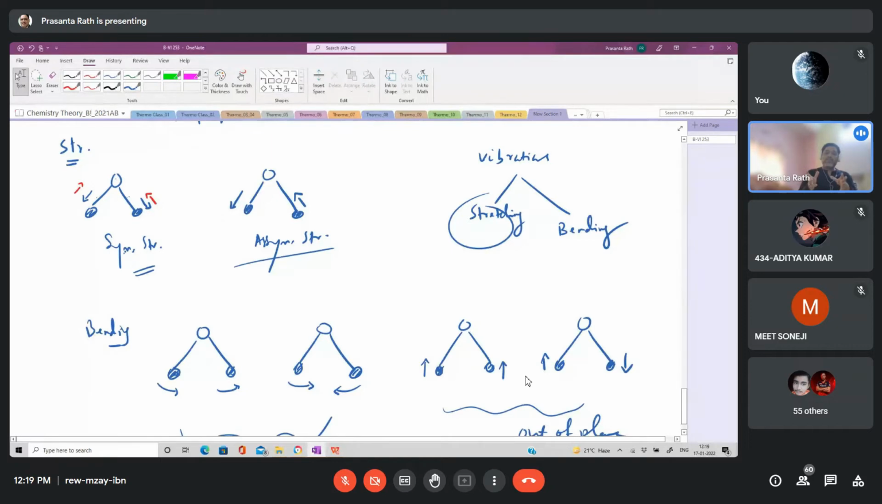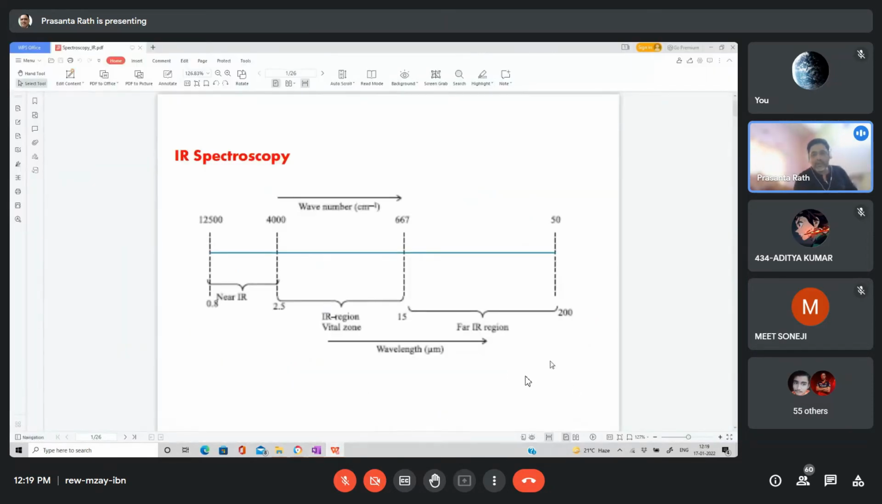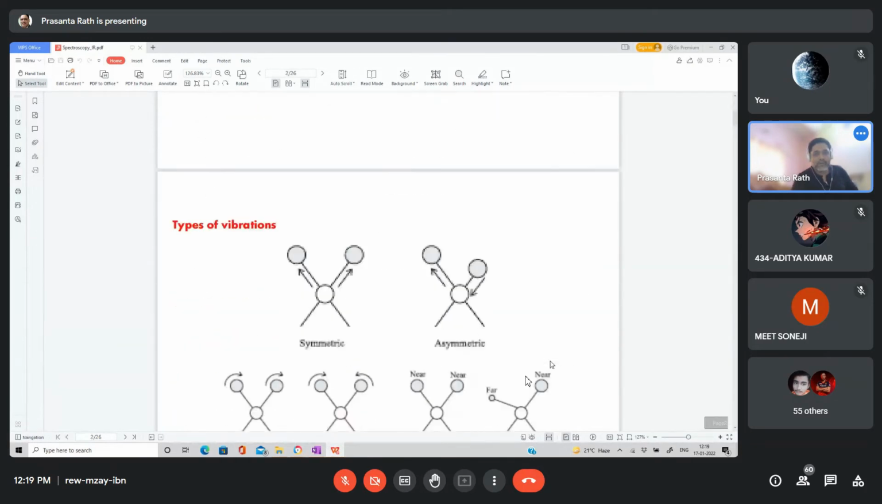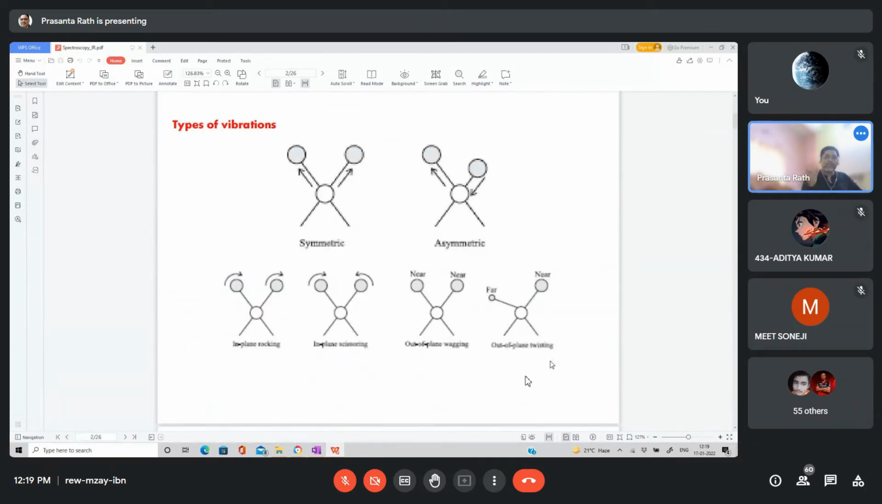Number of twisting modes, number of scissoring modes, number of rocking modes, number of wagging modes, number of symmetrical stretching modes might be there in a molecule, but these are the basic vibrational modes in a molecule. And if you look at this slide also, I have shown you the same different types of vibrational modes. Whatever I have explained: symmetrical stretching, asymmetrical stretching, rocking, scissoring, wagging, twisting, these are some of the vibrational